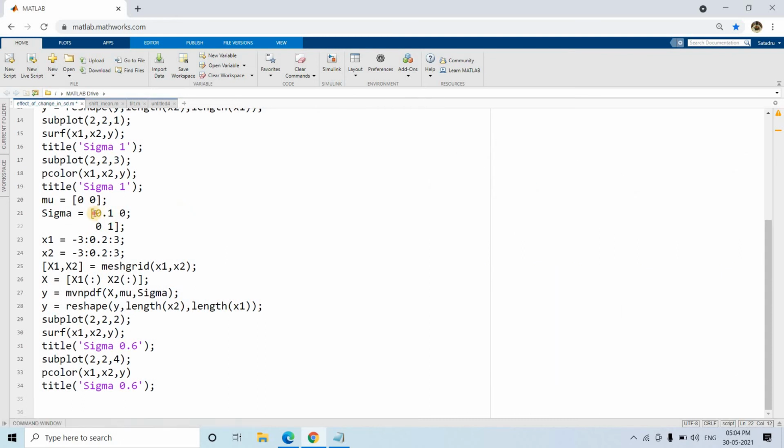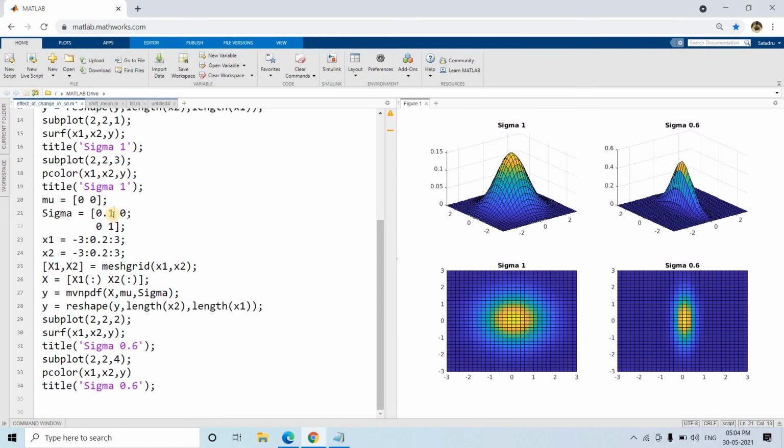So basically what will happen is, along the x1 direction it will become a very thin curve, and in x2 it will be the original distribution. Now I hope you can understand. See, sigma equal to 0.6. Actually the title is wrong; I kept the title as it was earlier, no issue. So here you can see that the probability is going down in all directions symmetrically, but here what is